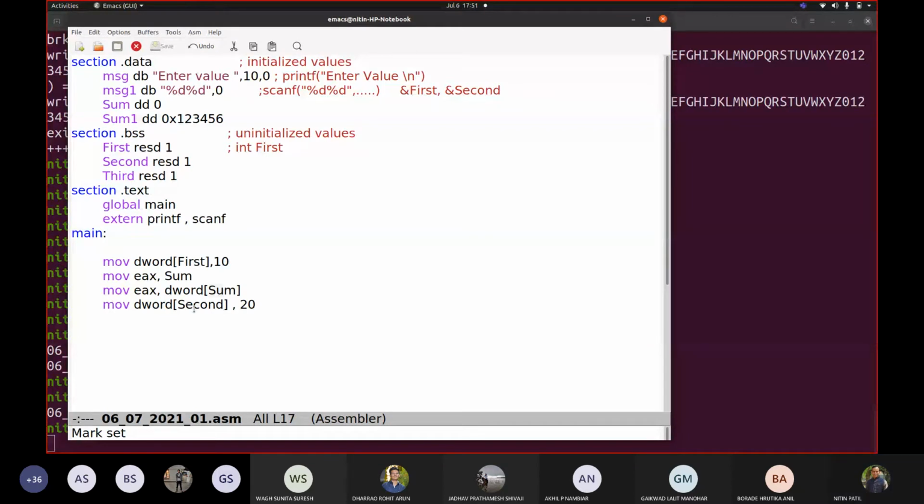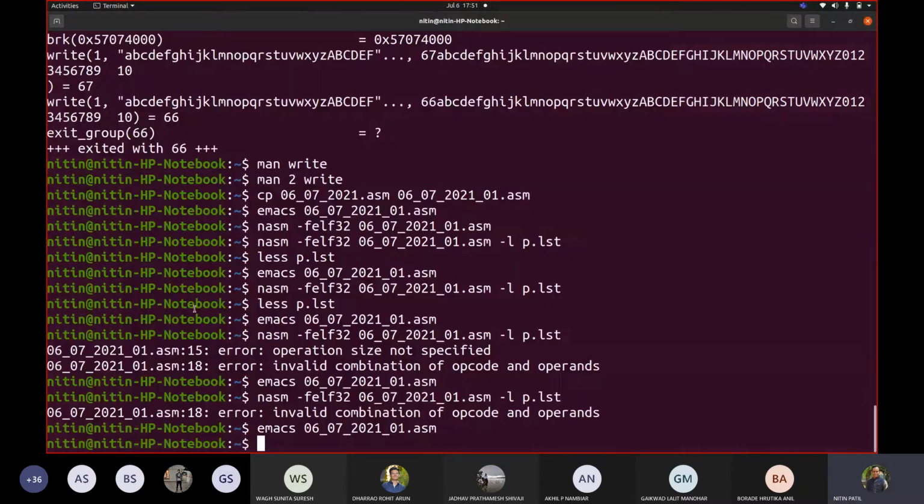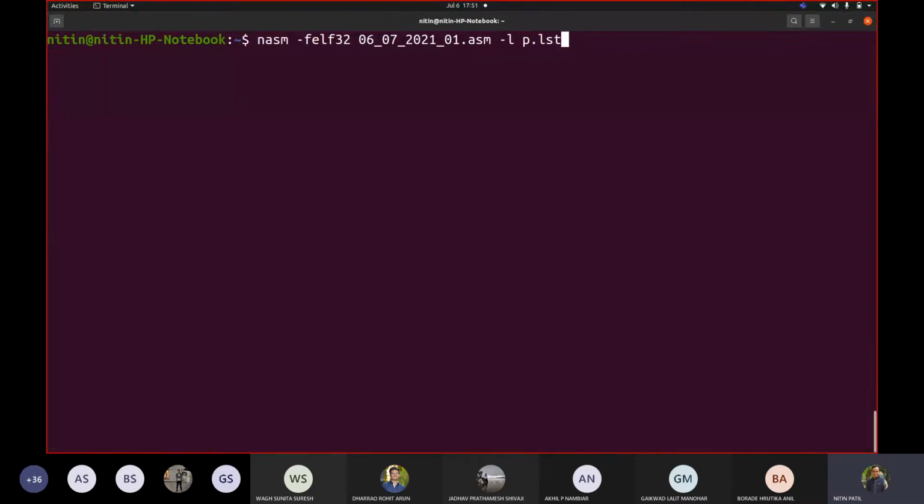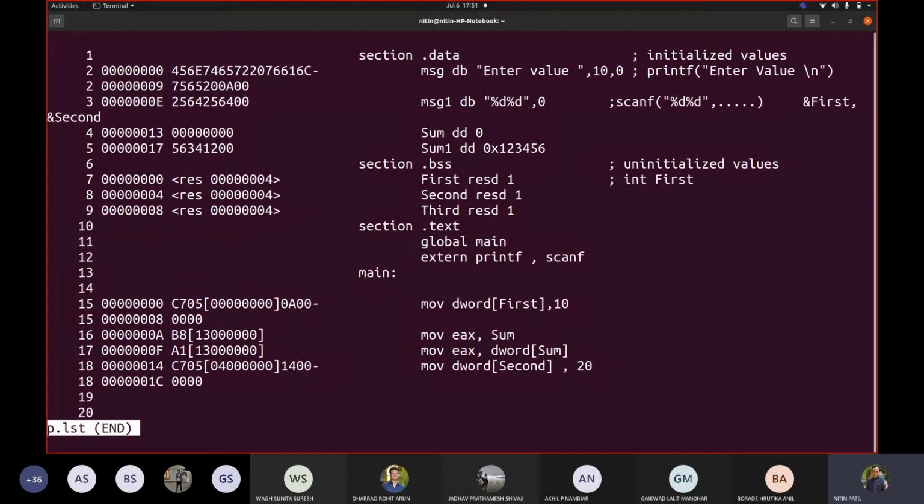Fine, so let me show that part. Let us try. Okay, we are done. It seems the code worked. Let us check this. Now see, what is the first address? 000, you can see here 000. Now let us not concentrate on this part right now. You can see square bracket is added there. When I wrote this sum, the square bracket, as I said earlier in your assembly code, whenever you write square bracket, that means the value at that address.